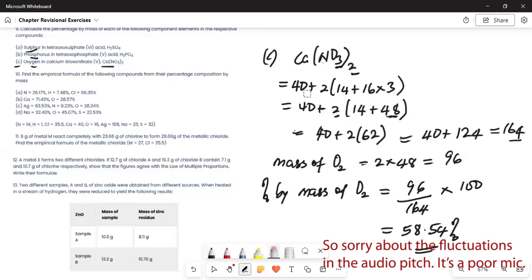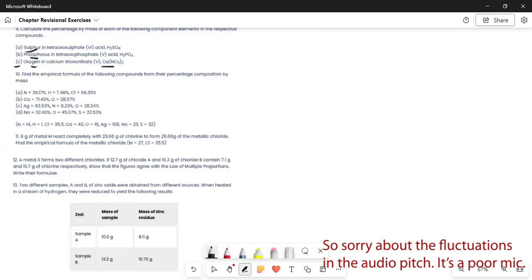And let's get some room on this board. Okay, the question says find the empirical formula of the following compounds from their percentage composition by mass. The first one, we have nitrogen. The percentage composition by mass is 26.17. Then we have hydrogen. The percentage by mass is 7.48. Then we have chlorine. The percentage by mass is